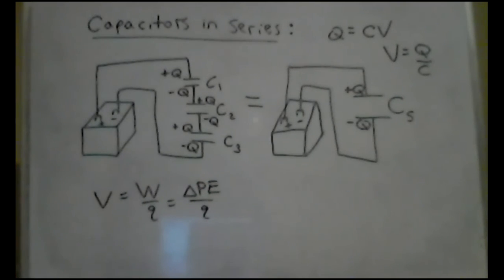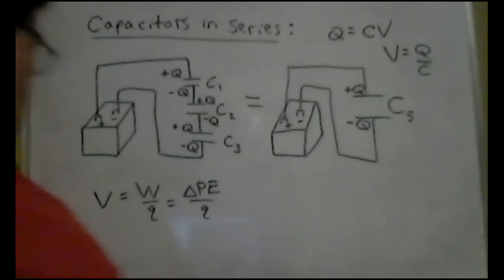So it's an energy per charge. Conservation of energy applies here, and it can show up in terms of potential, because the only difference between one and the other is a division by a constant. And so by the conservation of energy,